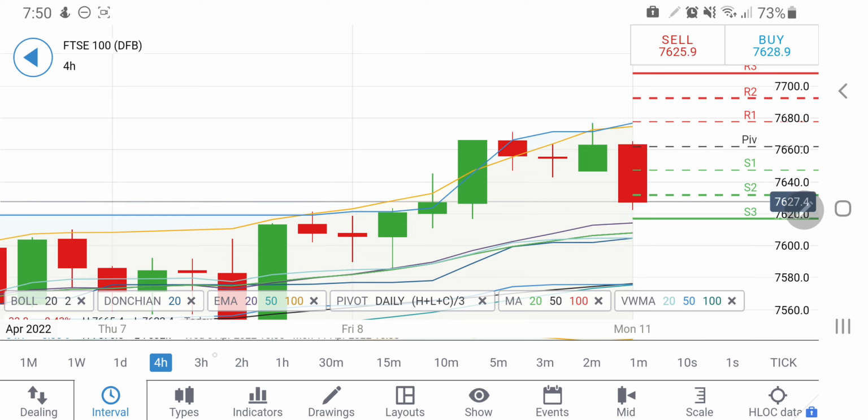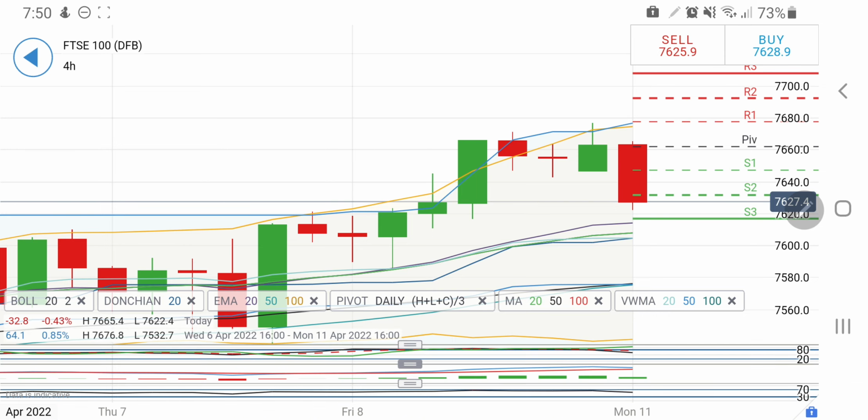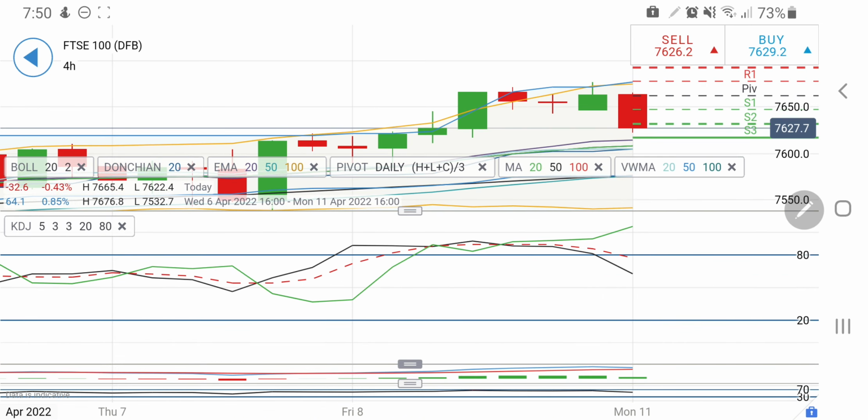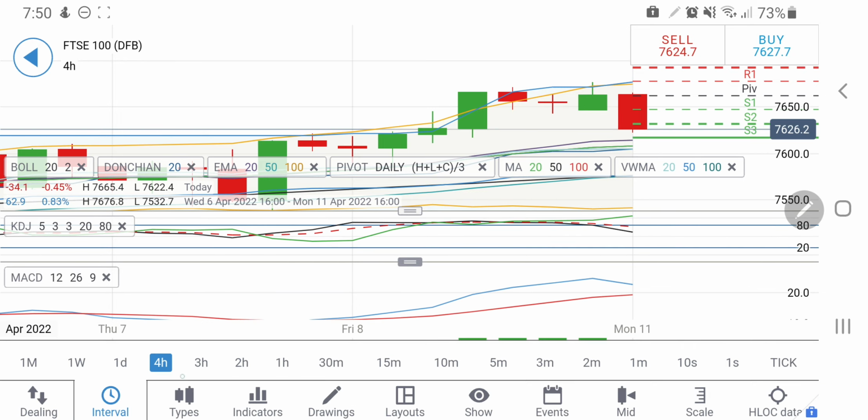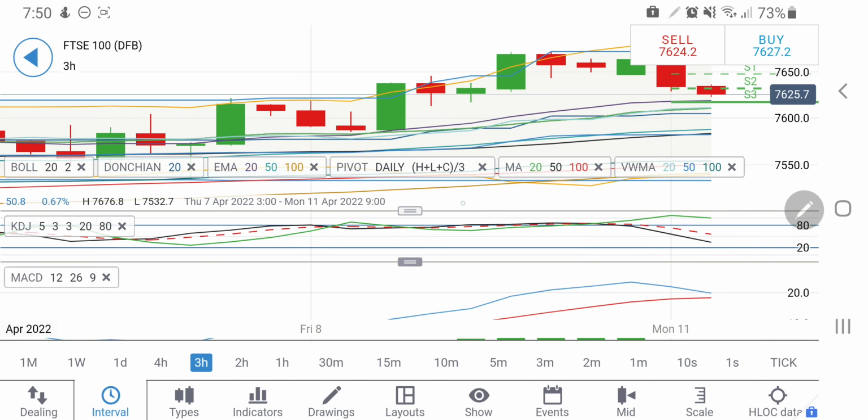So yes, it is trying to trade with a bearish bias. Why? Because it is extremely overbought, and that is why 7610 should be a very good support, and 7600 and 7580, the next support levels, should come into picture. The 4-hour stochastic is looking downwards, and MACD is trying to converge here and cross over on the sell side.